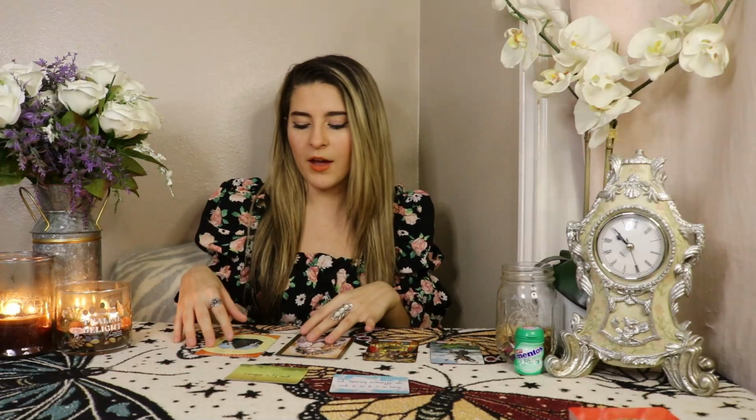Again, I really think when it comes to your person's hair, they play around with their hair all the time. They have one hair color one day, another hair color the next. That's definitely something that they like to play around with. Maybe they're a cosmetologist, or maybe they're interested in cosmetology. That's very interesting. So the last card that we have is Hero and